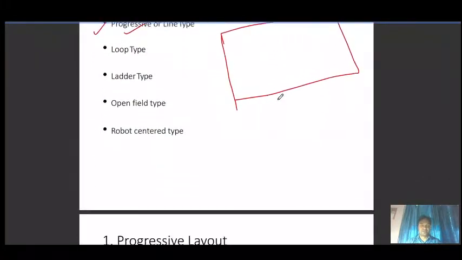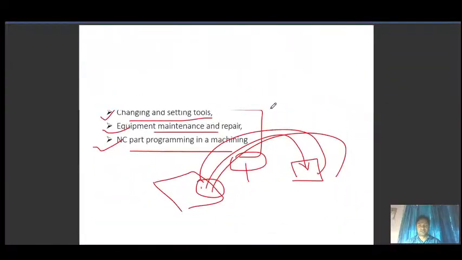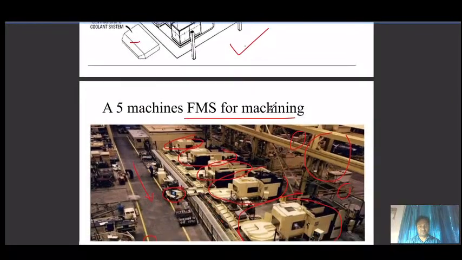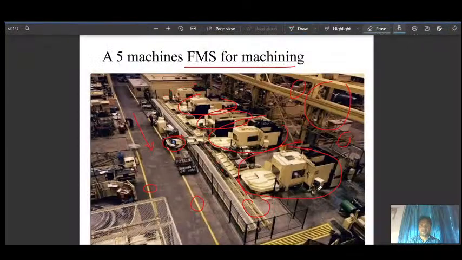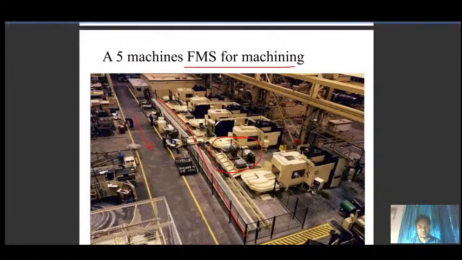You can see, just remember this picture, and I will ask you which type of layout this one is. As you can see, a single transfer belt, and parts are loaded and unloaded here.